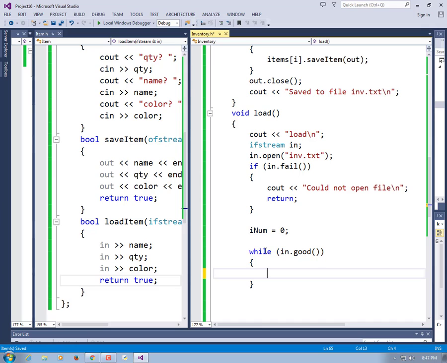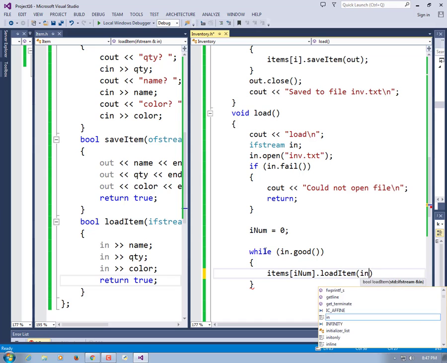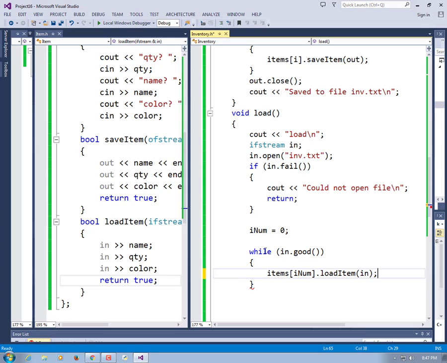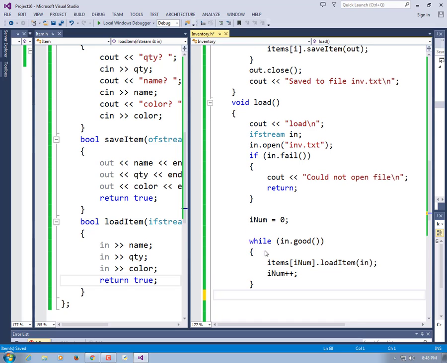It's not going to change it, but this will. While in.good, items at inum dot load item from that IO stream, and then increase inum by 1. There's half a chance this is actually going to work. And then in.close. And then I'm going to print out a message,